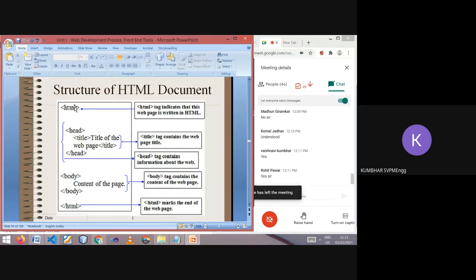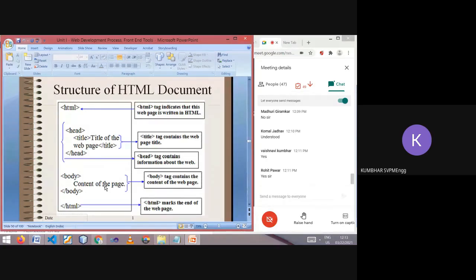You can observe head and end of the head tag. Inside head you can find one tag, title of the web page, and end of the title. So this is the head tag, and second is the body tag. Inside the body you can use different tags to present the contents.